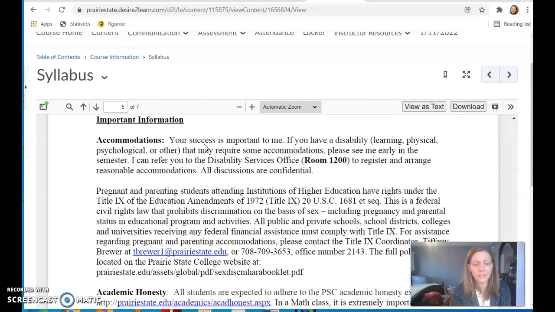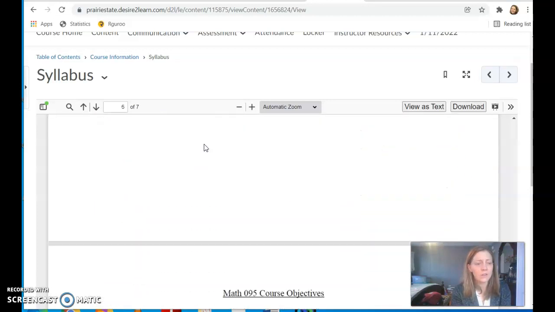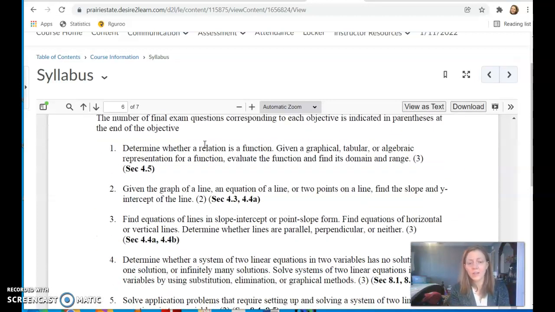The last thing that's included on here is the course objectives. This is like a detailed checklist of everything that you'll want to know when you leave the course. So you can think of it as like a checklist as we're going through, like, okay, yes, I know this, I know this. You'll see on this course objective list a number at the end of each objective.